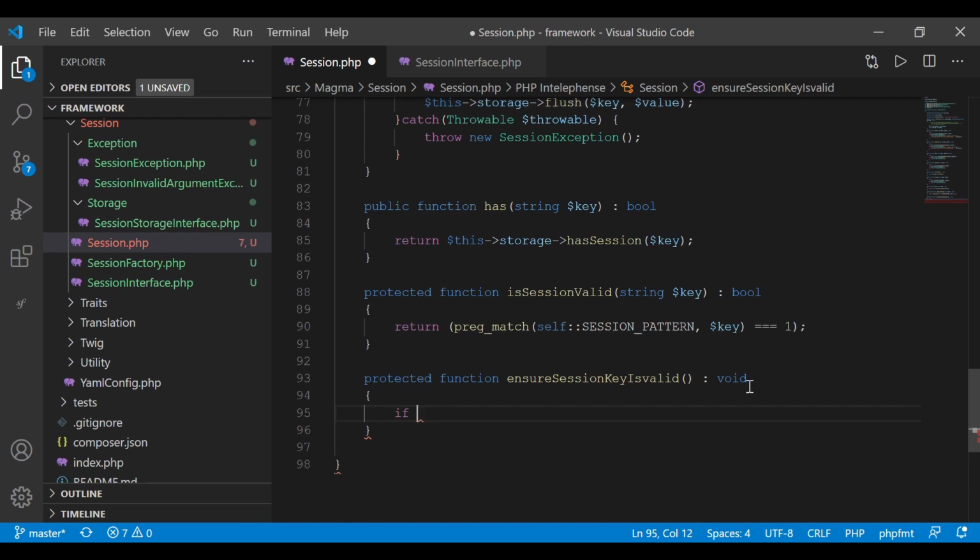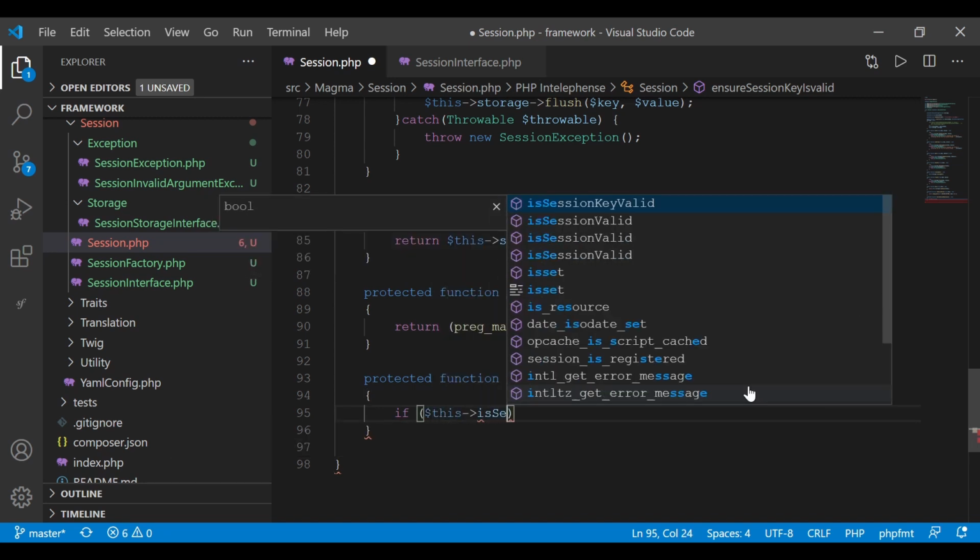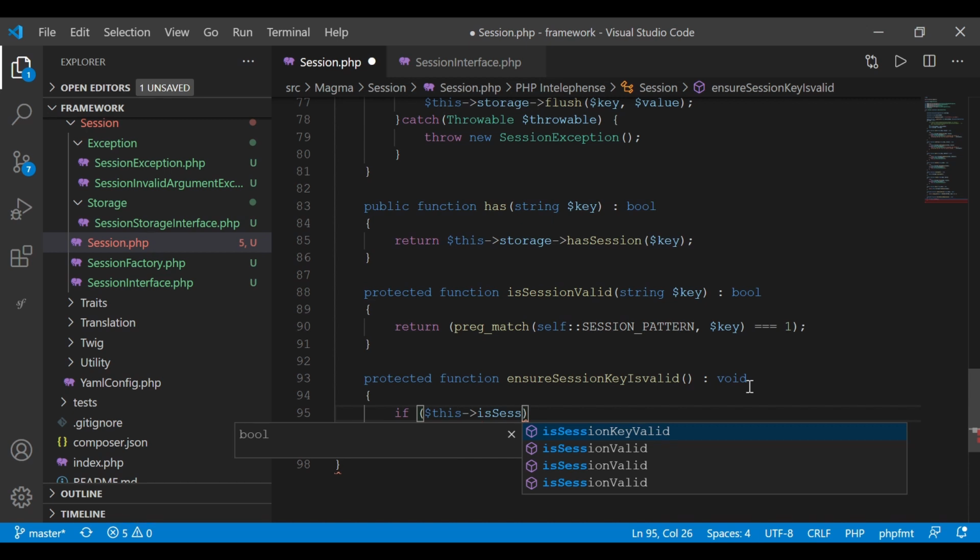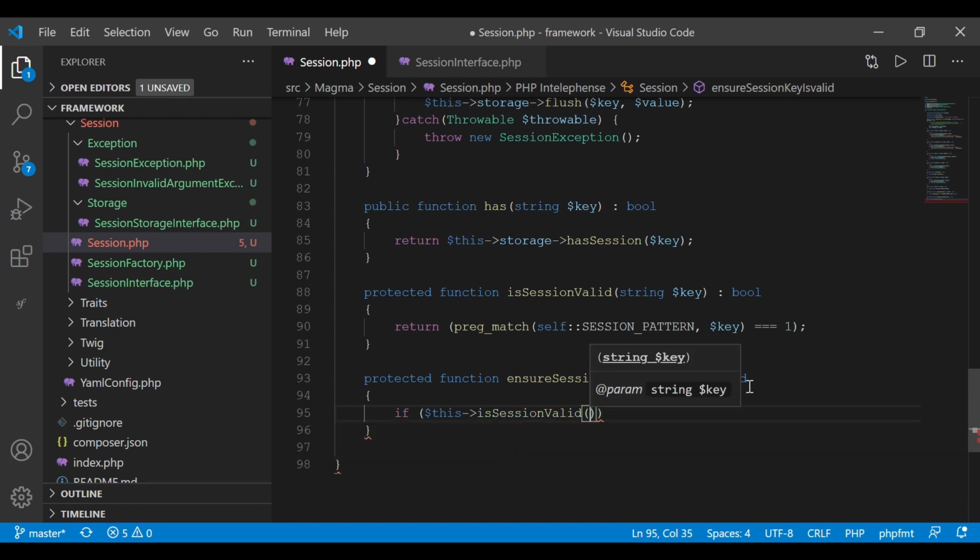I'm going to say if this is session valid, if session is valid, so you pass that key in,